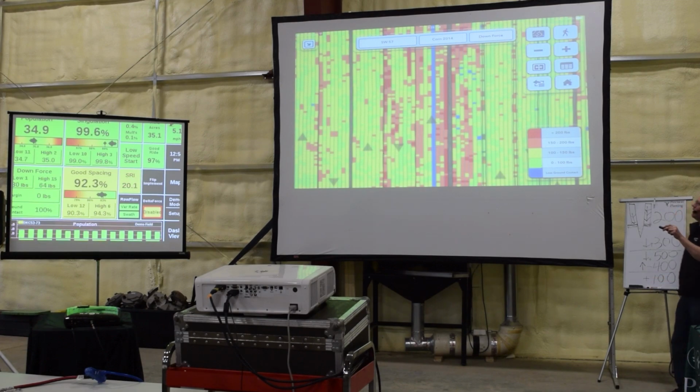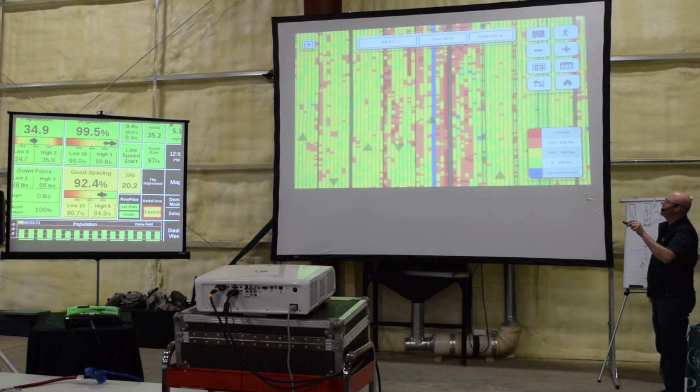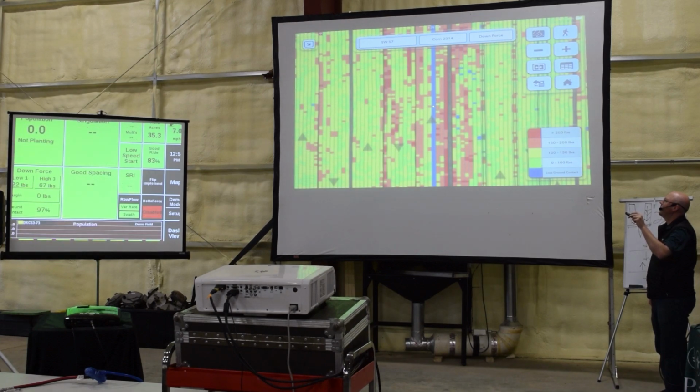So you'll notice my map overall is yellow with some green and some orange. I'm running a bit higher on my margin or firming force. But you notice here, row 5 got hung up. We hit a rock and it got hung up. And look at how when there was a 0, look at what my average here is, right? It averaged 0 and it hit that same target. It kept pushing down so that we still averaged that number, and it got a lot heavier at that point,